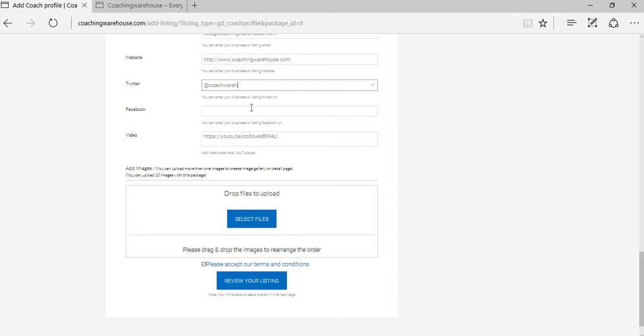Okay, so the Twitter account needs the full handle. I'm not going to do that right now. So you just go to your Twitter account, and whatever gets spat out at the top, http www.twitter.com/@Coachwarehouse. Okay, so we're going to review the listing,